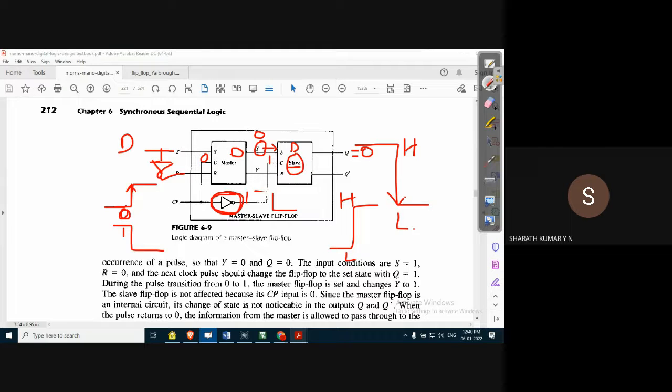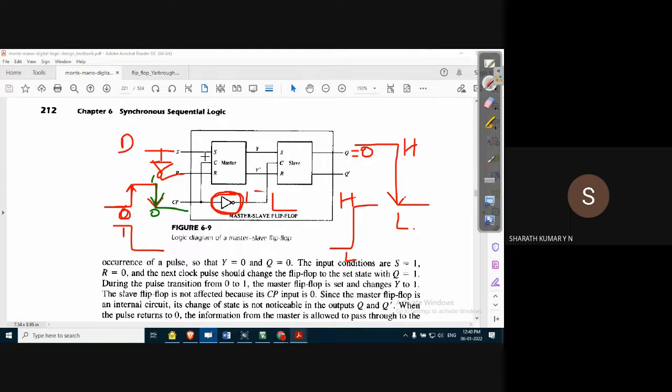When the same pulse goes from high to low, there is a negative edge. Let's observe this. I'll erase this so that we can write again. During the negative edge, the initial condition is 1 and the final state is 0.